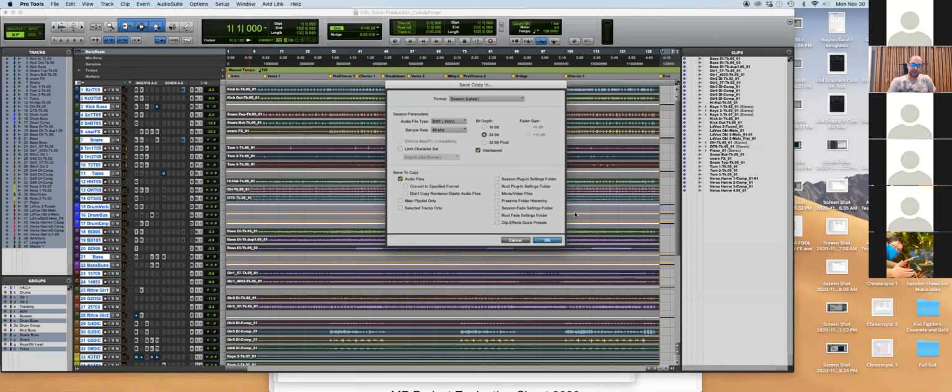Audio files. I tend to do session plugin setting folders because when I mix, I create plugin settings specifically for that session, and I save it within the plugin setting folders. Select the current sample rate, 24-bit, hit OK,